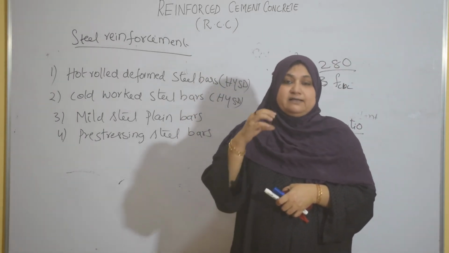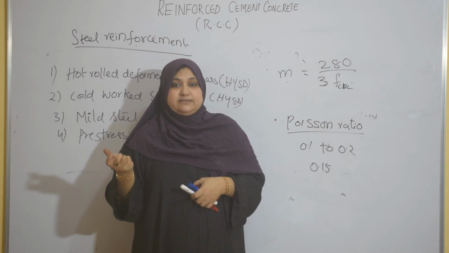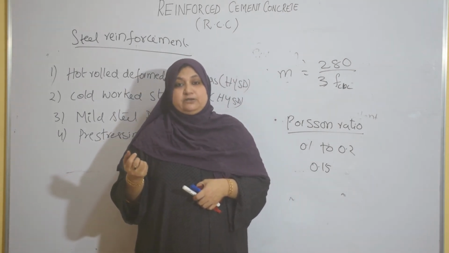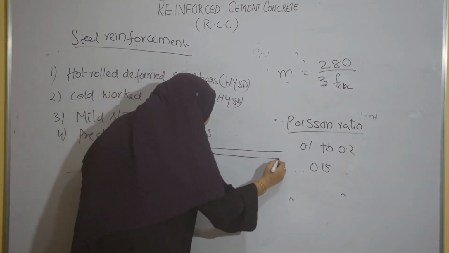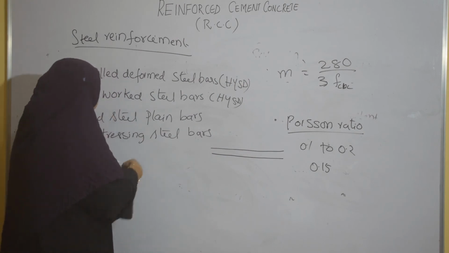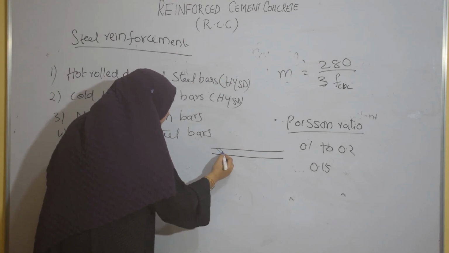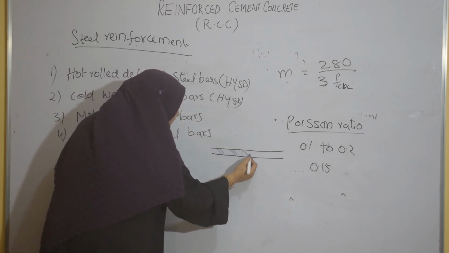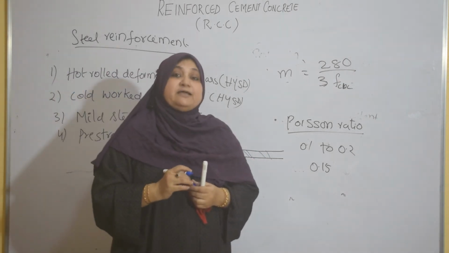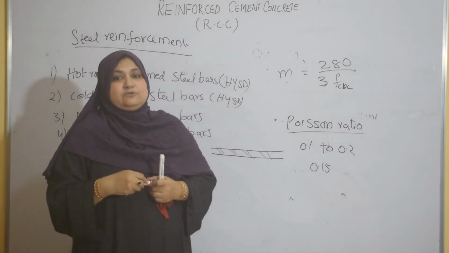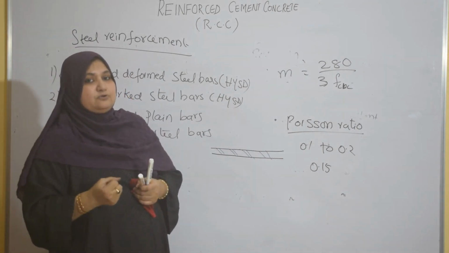On these bars there will be ribs. You might have seen in the surrounding areas where constructions are going on, the steel bars have ribs. I'll try to show you by drawing a simple diagram. If this is a bar, both type 1 and type 2 have ribs like this. Because of the ribs, there will be a good bond between the steel and concrete. This will give a grip to the concrete, so it won't slip from the concrete, right?